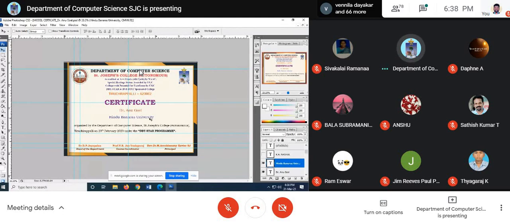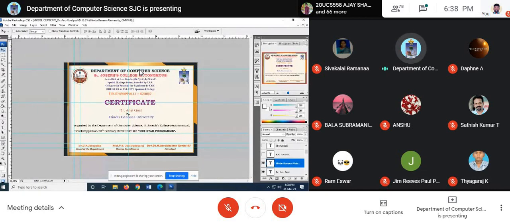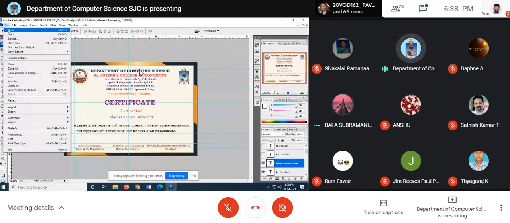Am I clear to you? So like this, you can have any number of data variables, maybe name, university, or other things also. Have you got it? Now over to you for clarification. Now I shall open the other files also.